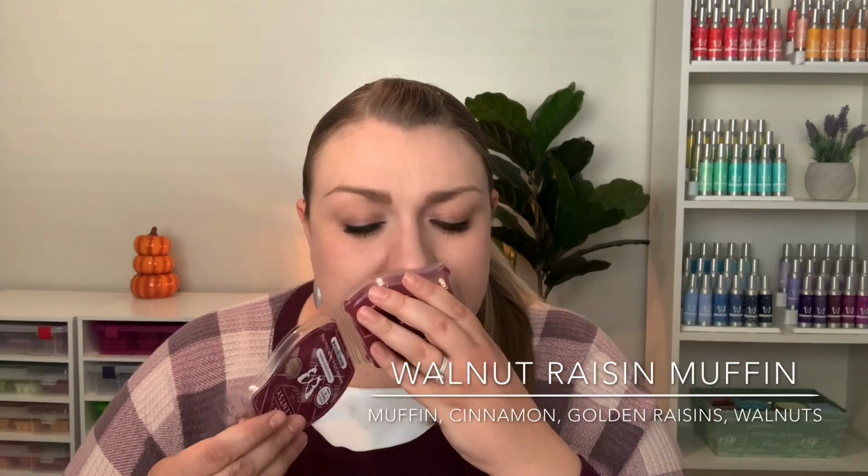So Scentsy says that the top notes are spiced pumpkin, golden raisin, and applesauce. The mid notes are cinnamon, clove, nutmeg, and chopped walnuts. And then the base notes are fruity maple, creamy caramel, and muffin accord. And I don't get a really strong, prominent bakery note from this. I do kind of get a more light, generic sweetness, but I mostly get a really, really nice combination of